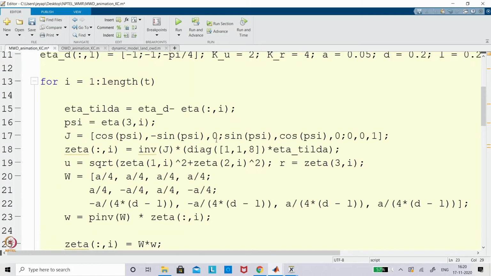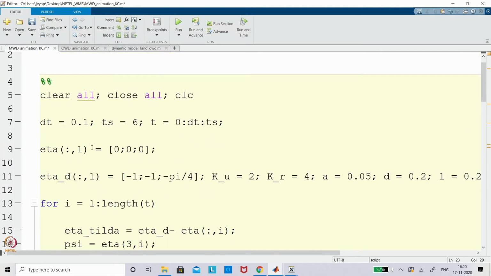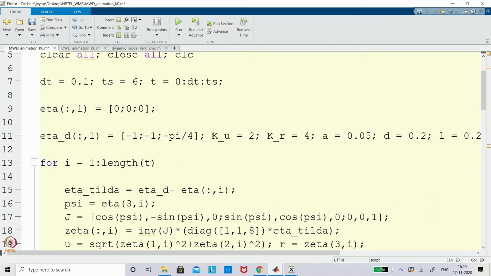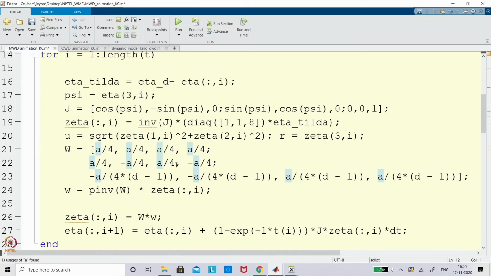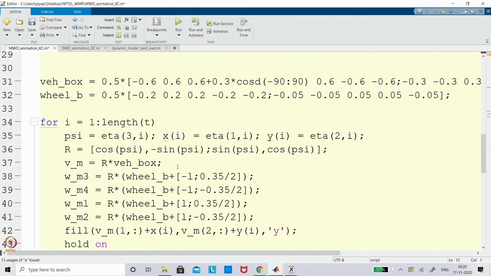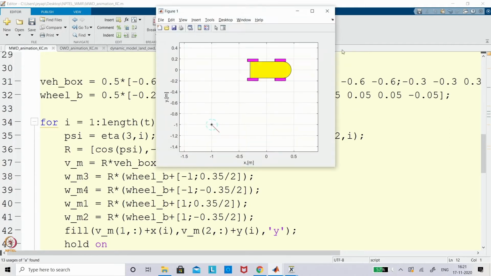Now if I give the condition as starting from 0 and it is supposed to go to -1 and -45 degrees, you can see how that goes. These two are not required, this is for the other model. The wheel radius and the distance are all given. Now what I am trying to plot is the initial point and the final point, and trying to show how the vehicle will move. I will just run this and you can get it out.